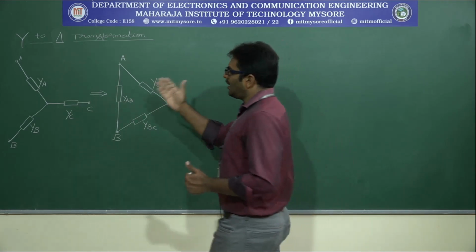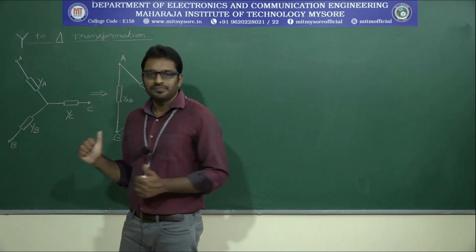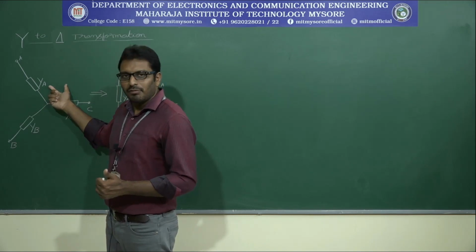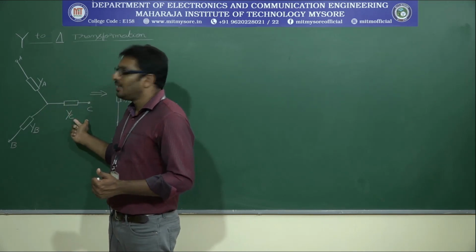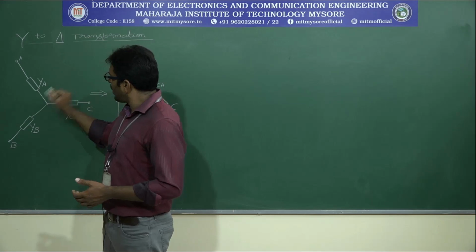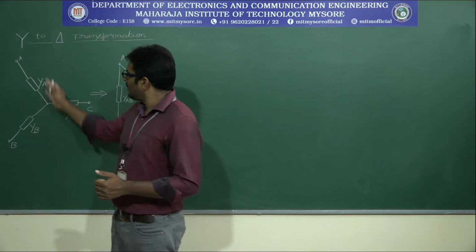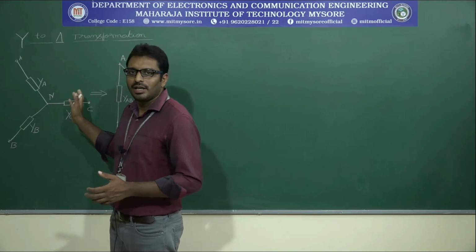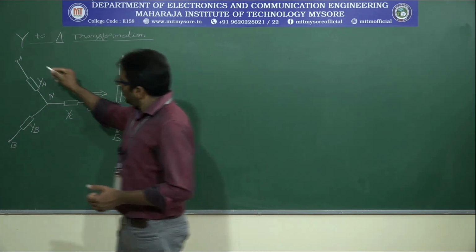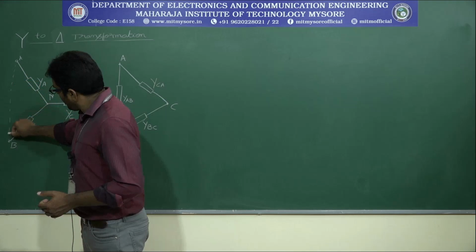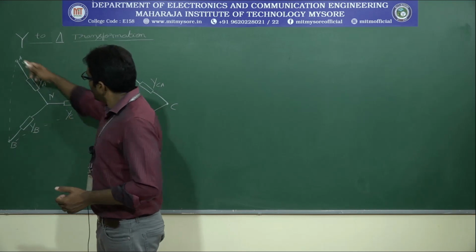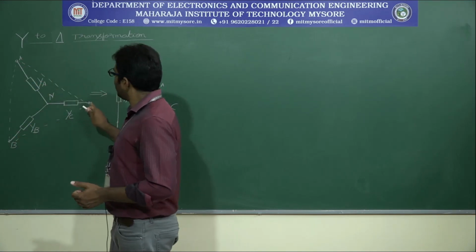Is that clear? Say again, there are three terminals A, B, C and three admittances YA, YB, YC. The end terminals of all the three admittances are connected to a common point known as the neutral point. The start terminals of all the three admittances are free, connected to terminals A, B, C. Next, if you are going to replace it by its equivalent delta connection, the admittances are connected between A and B, B and C, C and A.